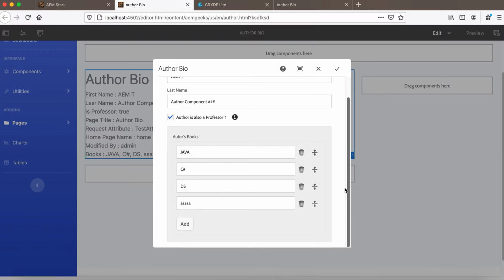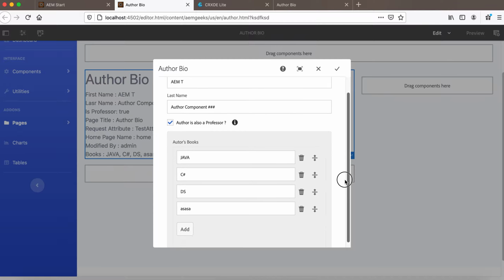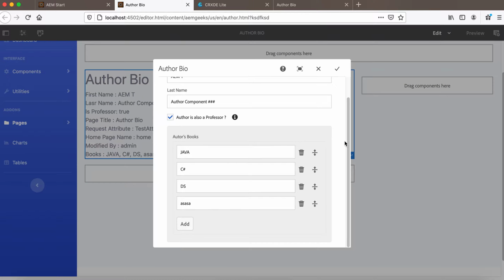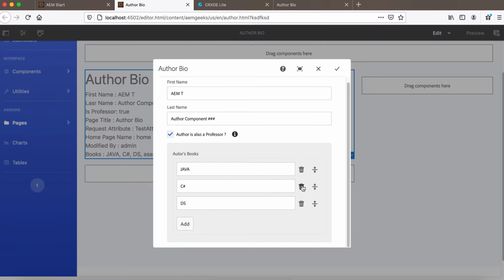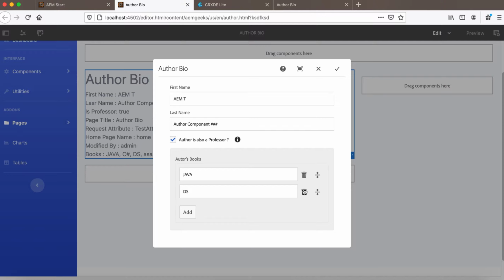Okay, for the demo, I will be using this author component. In this dialog, I will have one multi-field and one text field. So let's start with the multi-field. I will add a validator so that you cannot add more than 4 items in a multi-field. If you add more than four, you will get an error message, or you cannot have fewer than two or three. Okay, for that, what I'll do,